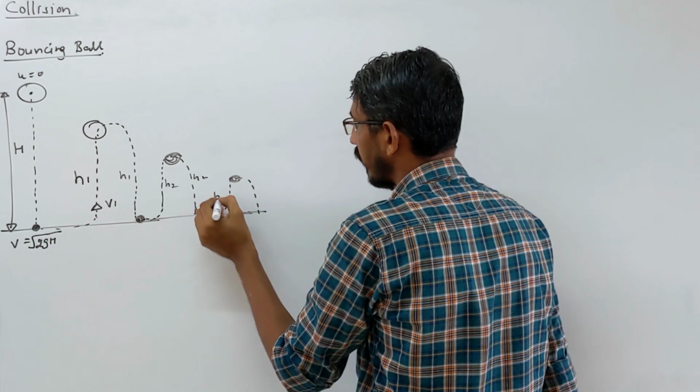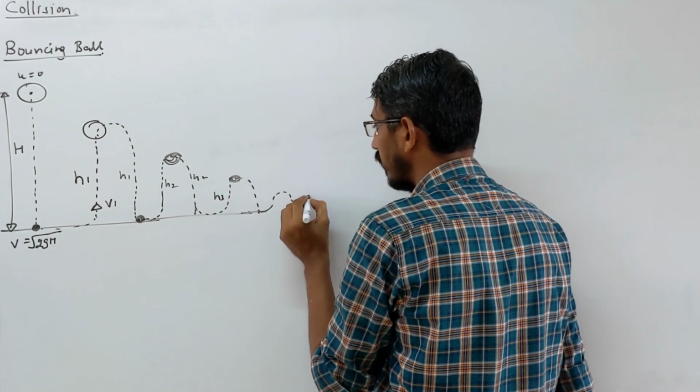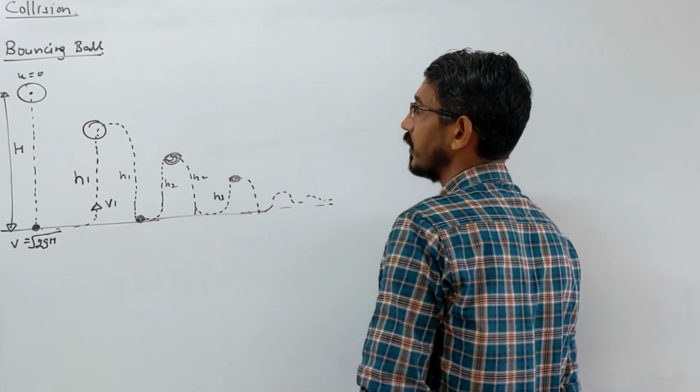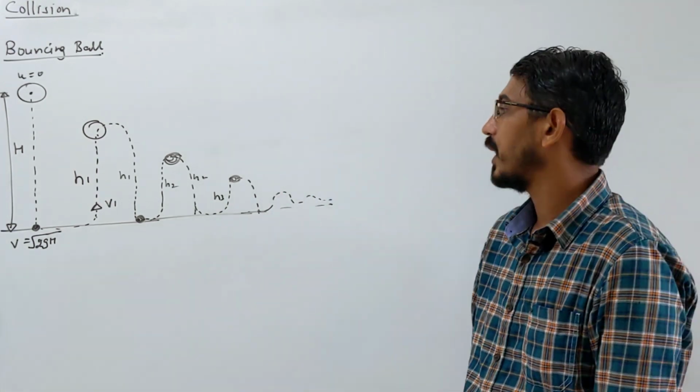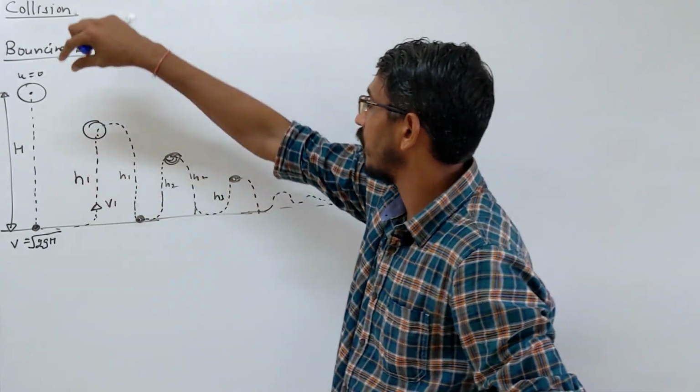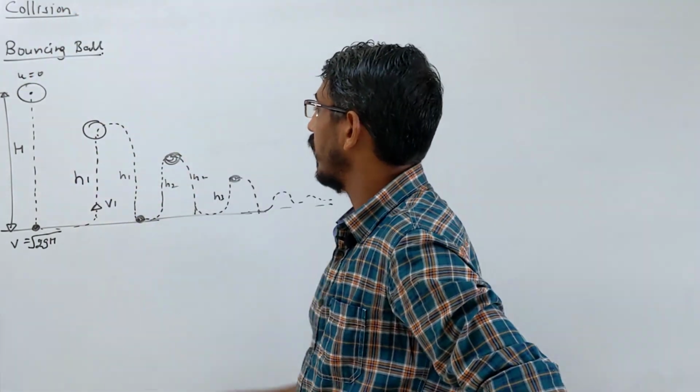It will fall back, that's what we call h3. It goes on, right? Till it stops. Correct? It keeps bouncing for some time, then it will stop. So we are interested in knowing these things, like suppose you drop from height h, then we want to know